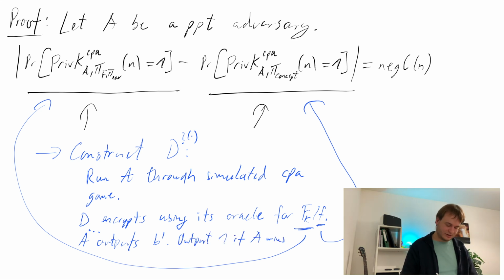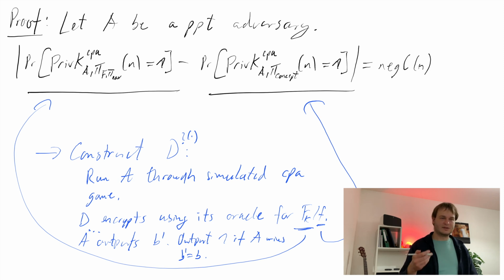So mainly the bit B prime is equal to the bit B that D chose himself when he did the encryption of the challenge message. So then overall, if we do it like this, the probability that D outputs 1 if it gets a PRF as an oracle is exactly the probability that A wins this game here. And the probability that D outputs 1 in case it gets a properly random function as an oracle is exactly the same as the probability that A wins this game over here, the right-hand side one.